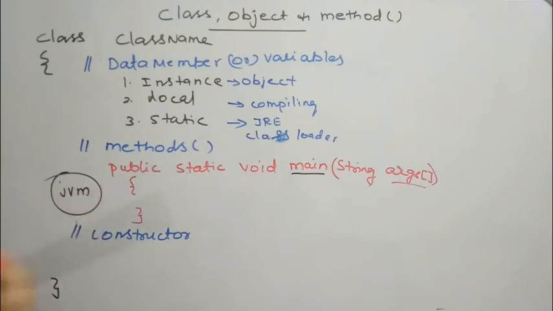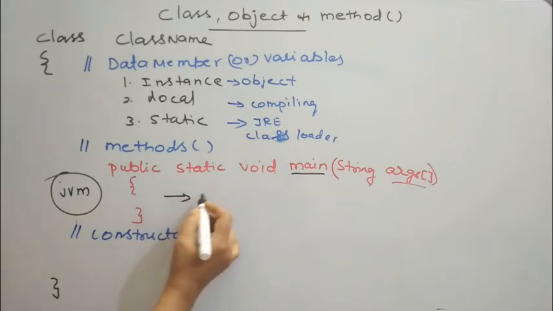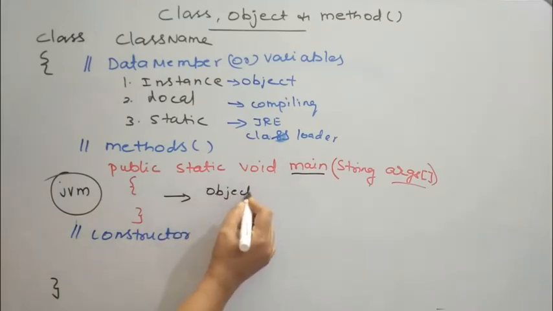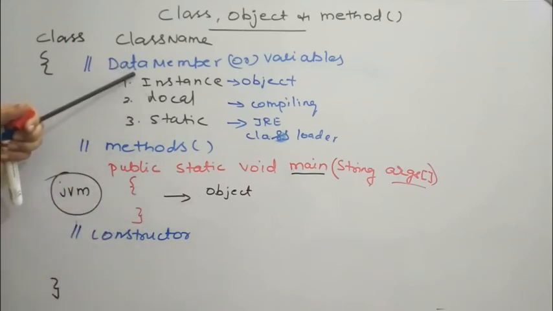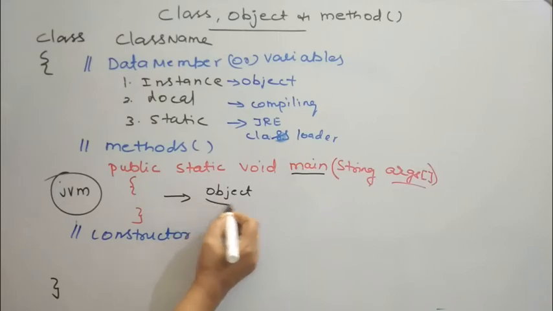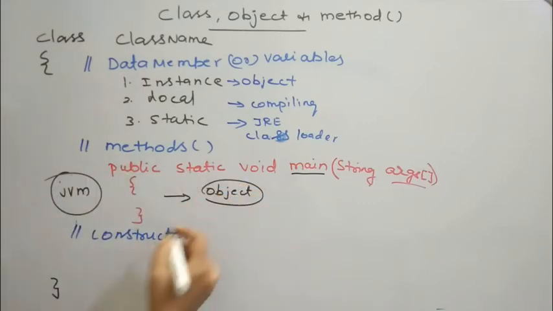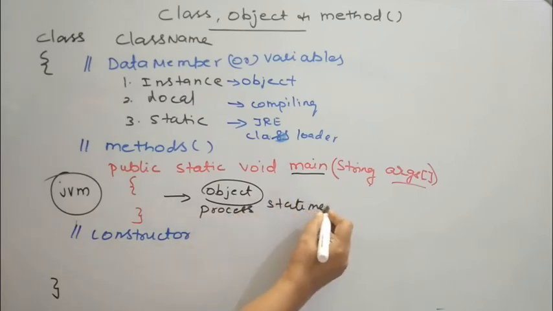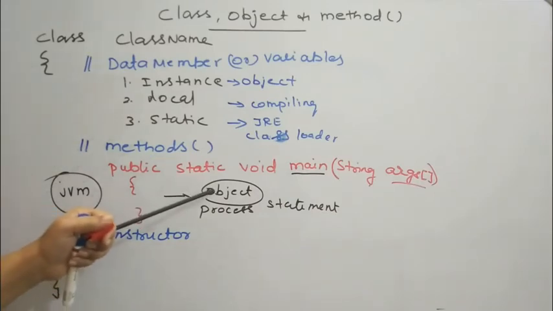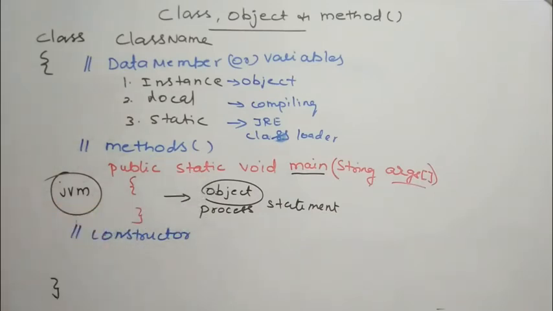The objective of this main method is that inside this main method, objects are being created. When I want to access the data members and methods, definitely I need an object of this class. Using the object of the class, I can access data members and methods. So object creation is done inside this main function, and it also includes all the processing statements. Object instantiation and processing statements are included inside this default function, that is main. So my program execution starts from my main function.